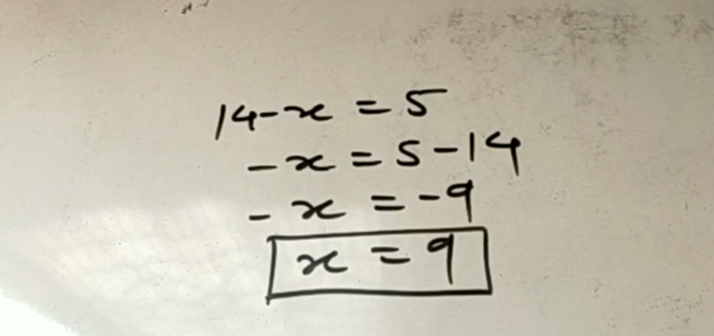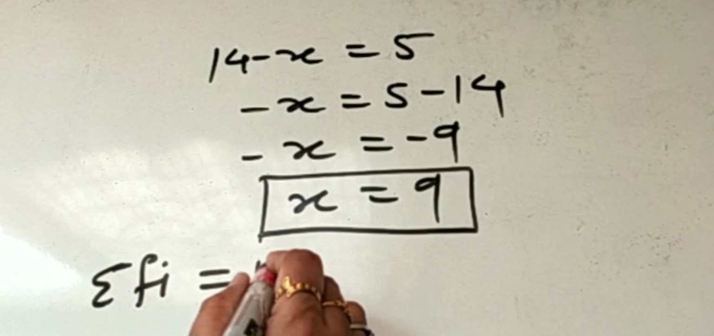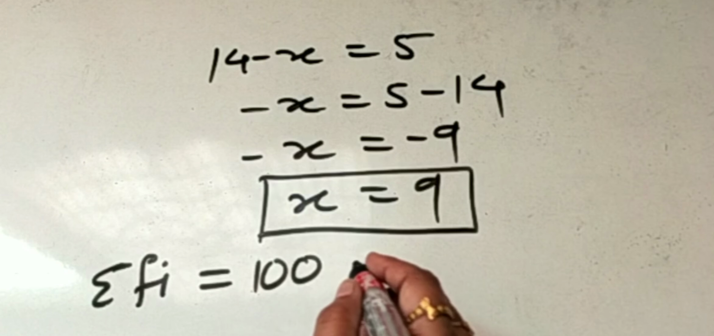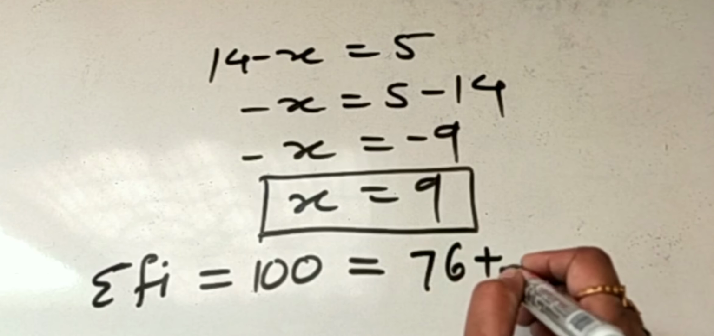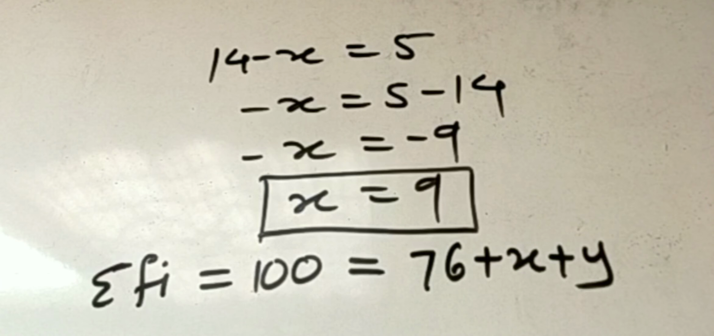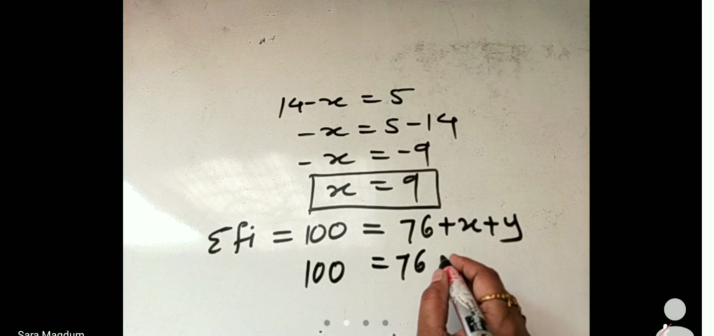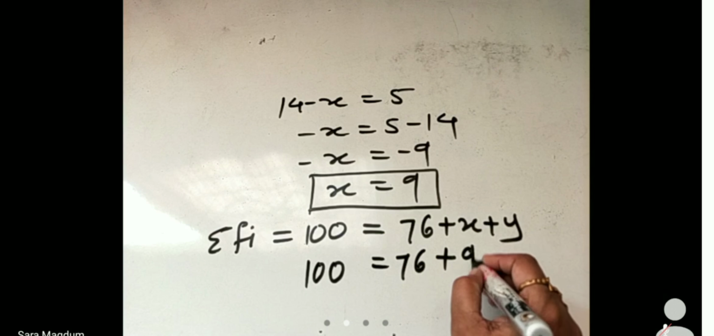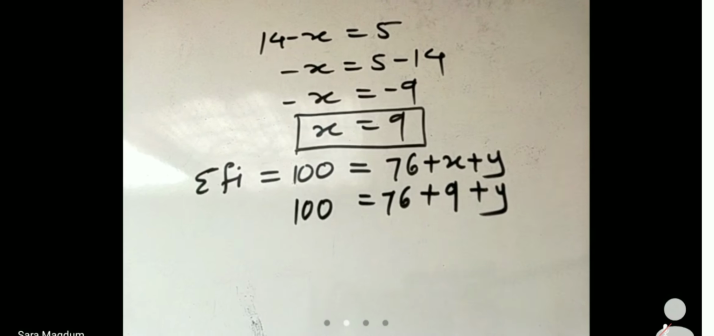Now one more value we have, that is summation of fi. Summation of fi is 100, that is the given value. But we have found summation of fi as 76 plus x plus y by calculating the given terms. Now we are going to compare these two. So 100 as it is we will write, 76 as it is, value of x we will substitute here, plus y. And therefore we can write 100 is equal to